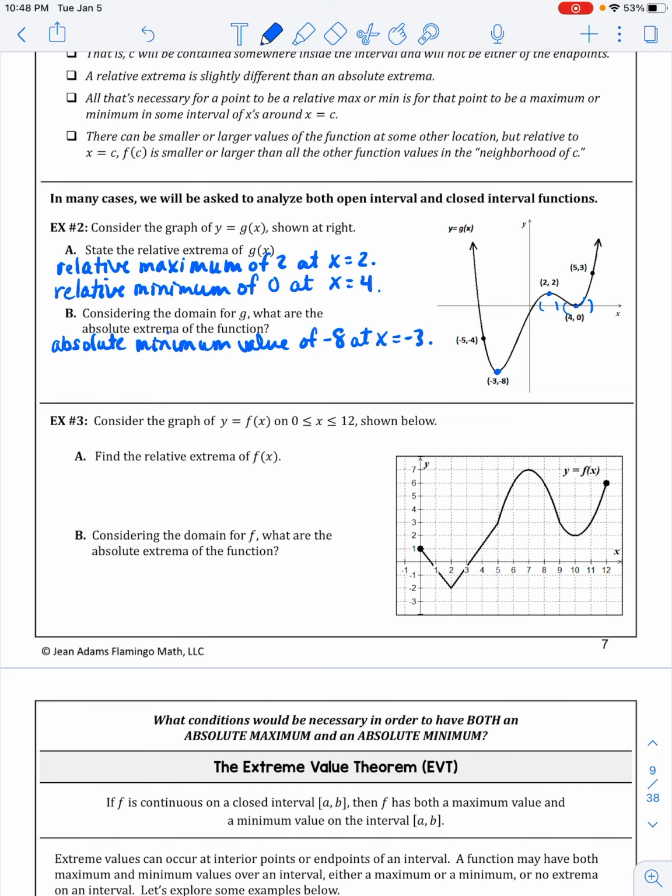Now, what about an absolute maximum? I look up here and I notice that this function is going to infinity on both sides. Therefore, this function does not have an absolute maximum. So we're going to say an absolute maximum does not exist